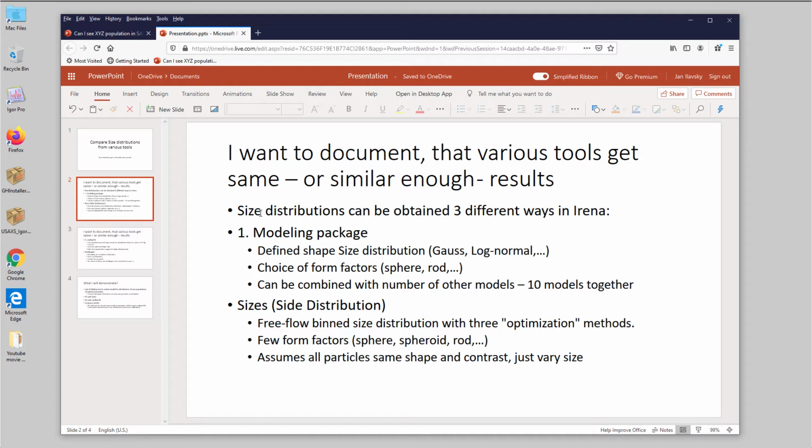And if you think about Irena packages which are available in Irena tools, we have three ways to obtain a size distribution of particles. The primary and most common one would be the modeling package, where you define a shape of a size distribution. So you say, I have a log normal size distribution, Gaussian size distribution,